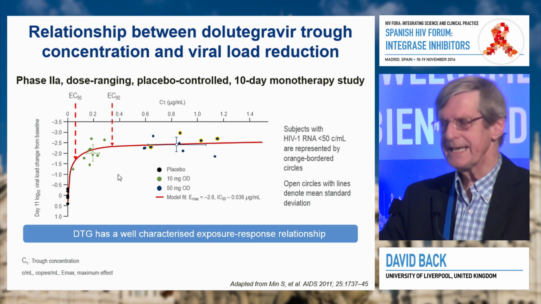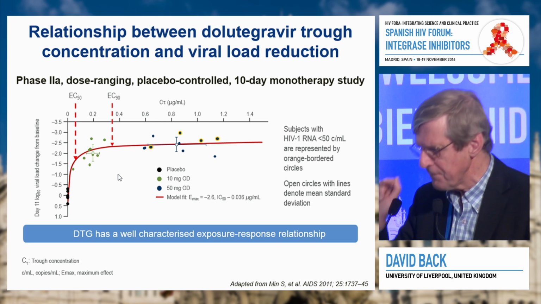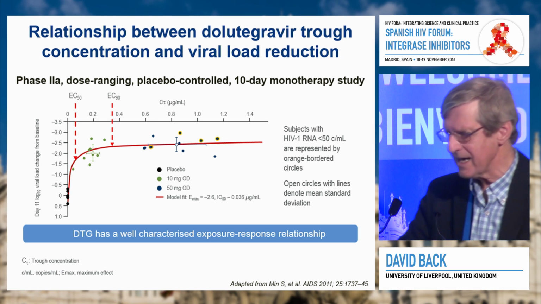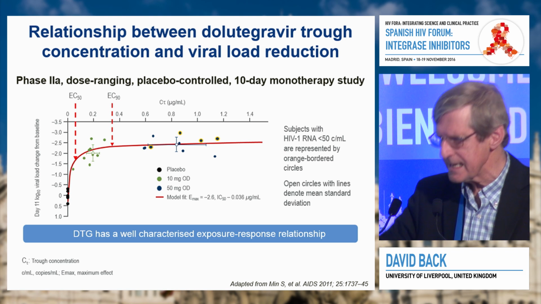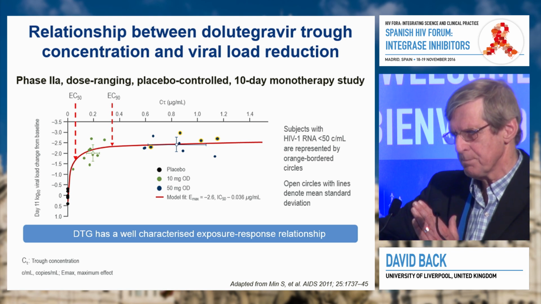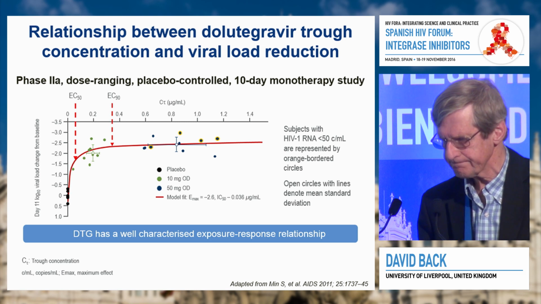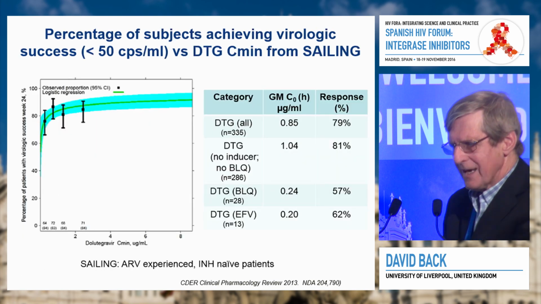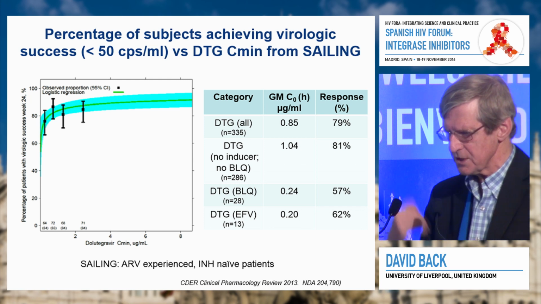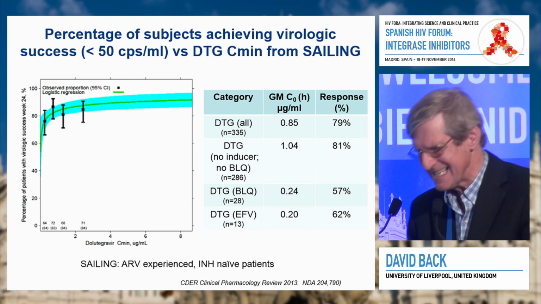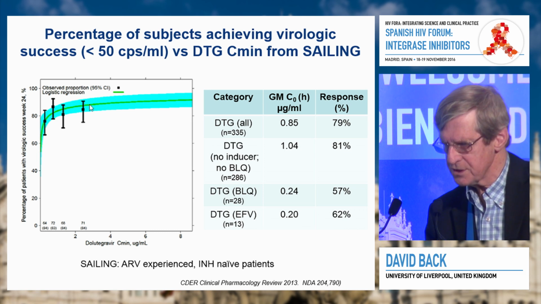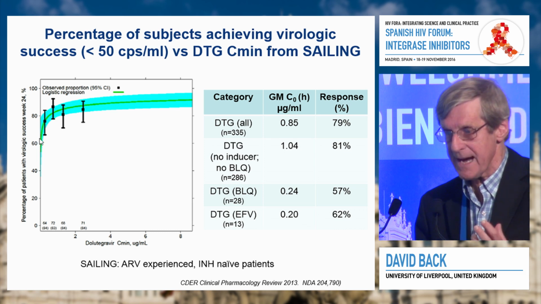But what is clear is that the EC90, the effective concentration giving you 90%, is higher than a protein-adjusted IC90, which you get from in vitro data and adjusted by protein binding. So let's look at the SAILING data for dolutegravir, the percentage of subjects achieving virologic response in SAILING, which is experienced patients. And now what you see is a bit of an Emax type of